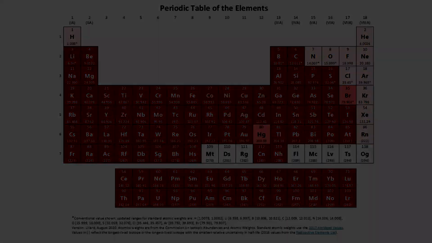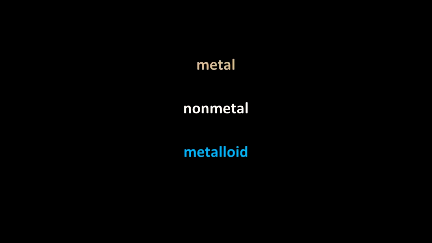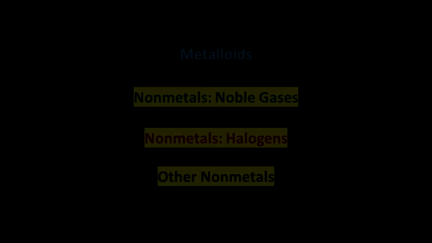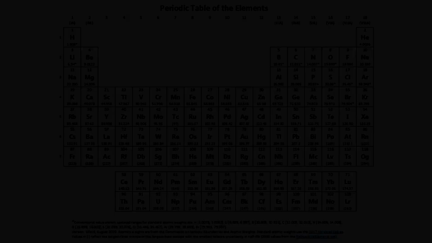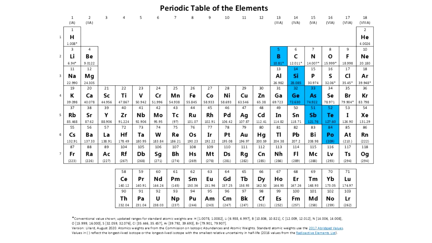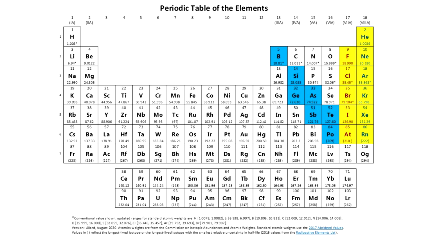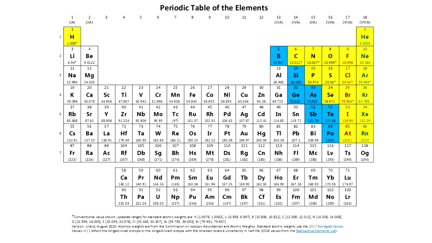The final way we can categorize elements circles back to the metal, nonmetal, and metalloid designations, but now we investigate further subdivisions of the metal and nonmetal categories. The metalloids are still the metalloids. There isn't anything new or additional to learn here. The nonmetals can be described as 3 subcategories: noble gases, which are the elements in group 18 through radon; halogens, which are group 17 elements through astatine; and other nonmetals, which don't have a specially named category.